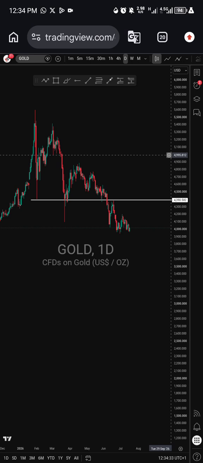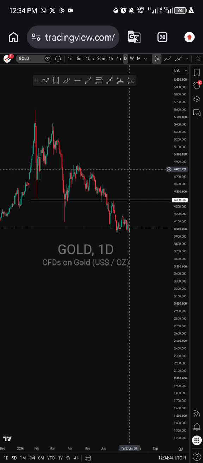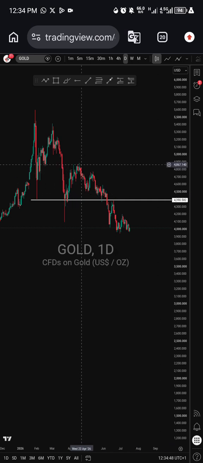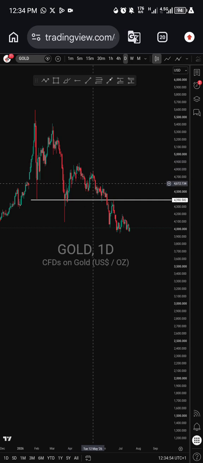Here's our correction. So after the correction, we have our correction. So after the correction, we went for what? We went to continuation. So for the continuation, it started creating